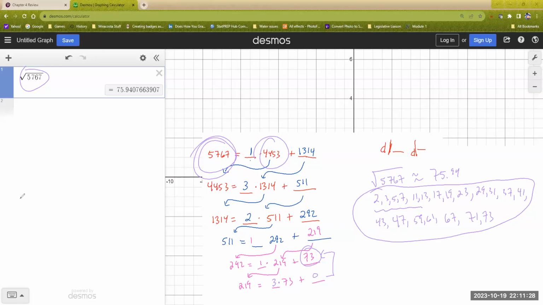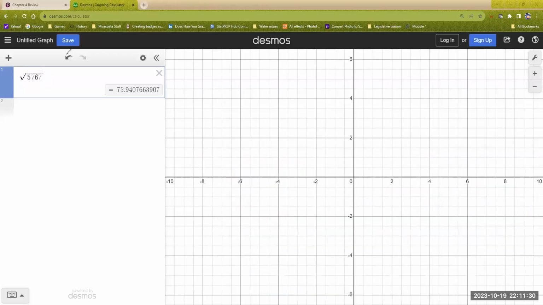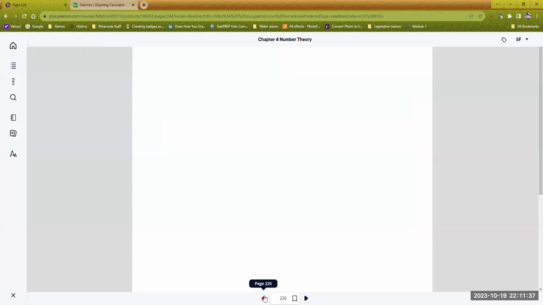So again, why do we use the Euclidean algorithm? Because prime factoring is sometimes a real pain. It's just challenging. And so we tried different techniques. So let's jump back to